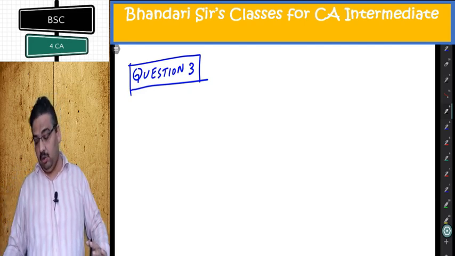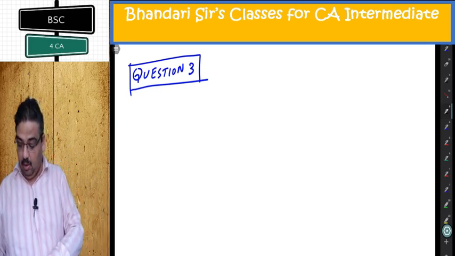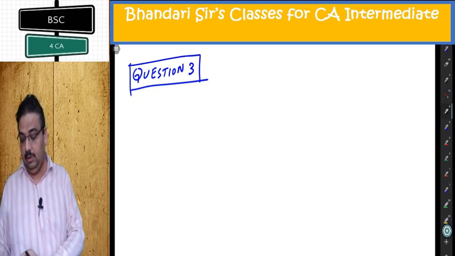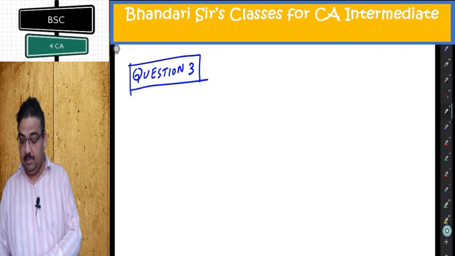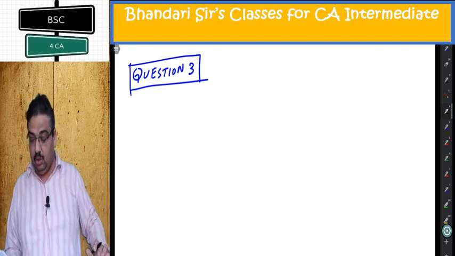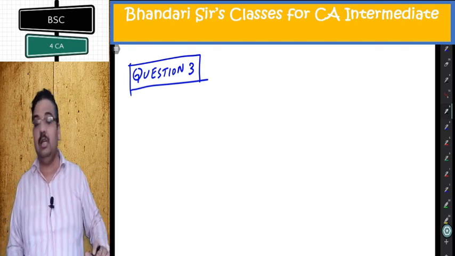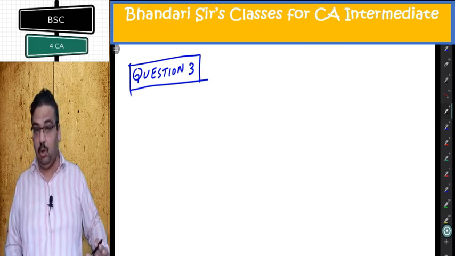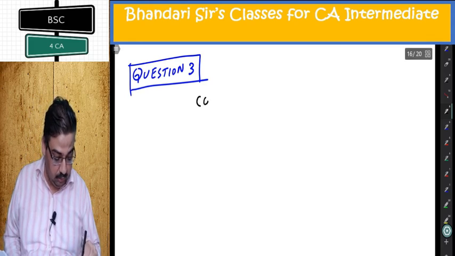So this gives very good practice of making contract account as well as memorandum contract account. Let us concentrate on question number 3 there. AKP Builders commenced a contract on 1st April 2002, whatever year is there. Total contract price was rupees 5 lakh. Actual expenditure given till 31st March. So one complete year has been done. And estimated expenditure for next 9 months is also given because 31st December 2003 the contract is expected to be over. The years can be different in different edition of booklets. Now let us start making first contract account.